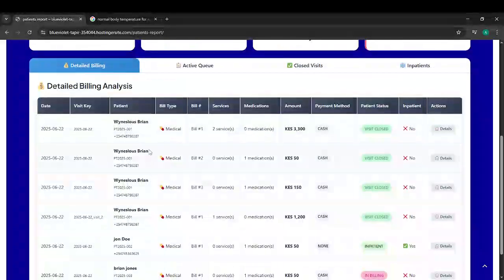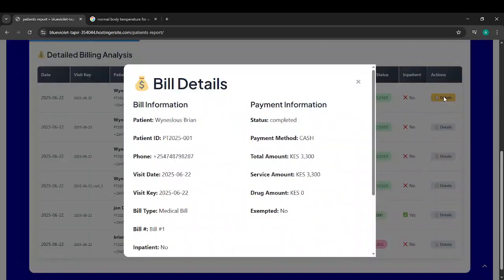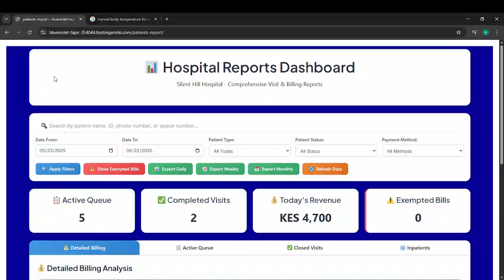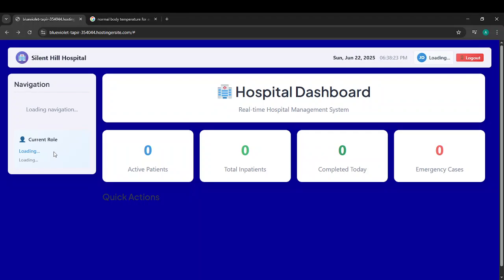From the patient's report, they can see the patient, the medication they've been prescribed, the amount they paid, and all the patient details. They can click on that button and see the patient details and everything about the patient. So let's go to the next section, which is